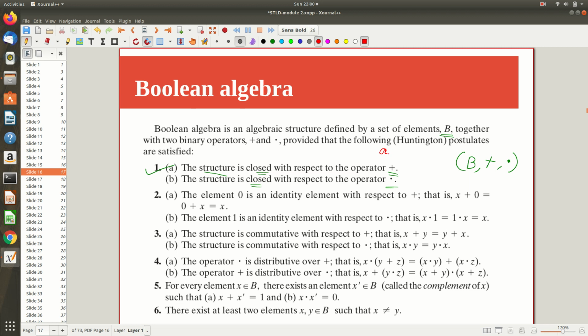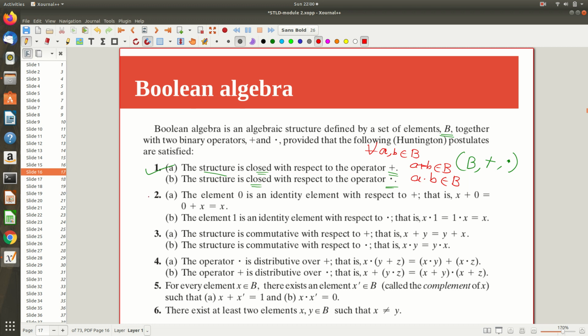In the previous part of the lecture. So I'm just telling you, take two elements a, b that belong to this capital B, and you can see that after doing a plus b, that element also belongs to capital B, and after performing a dot b, that result also belongs to capital B. That is what we mean by closure property. This should hold for all possible a and b from the set B. This is something that is there for ordinary algebra also. The same thing is applicable here too. So that is the first requirement.